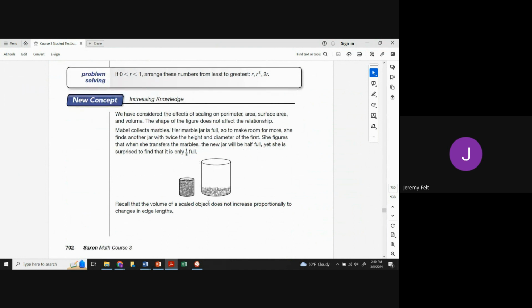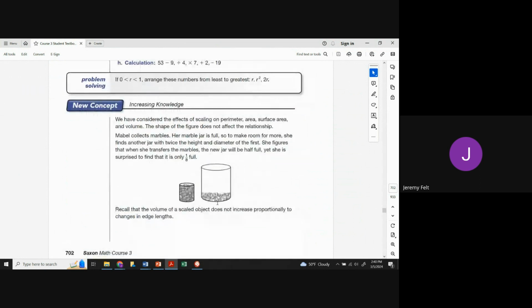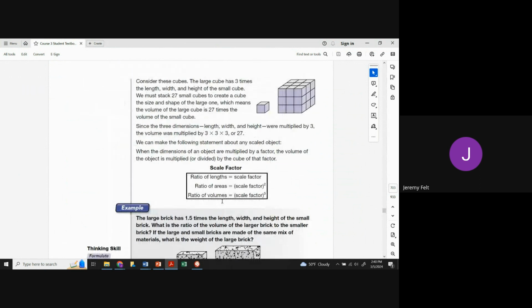Recall that the volume of a scaled object does not increase proportionally to the changes in edge lengths. And again, all that to be said, this is the most important aspect that we've talked about. I've let you copy this down on your reference sheet. If you haven't, I highly recommend you do it, because there's a lot of problems where there's a bunch of different numbers and you don't even really need to calculate all the different volumes and things like that if you